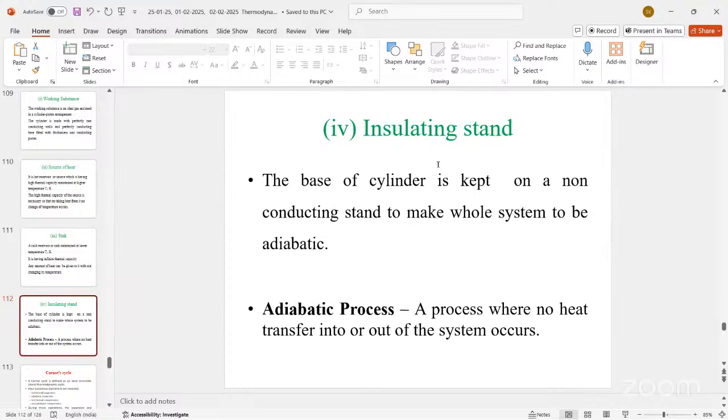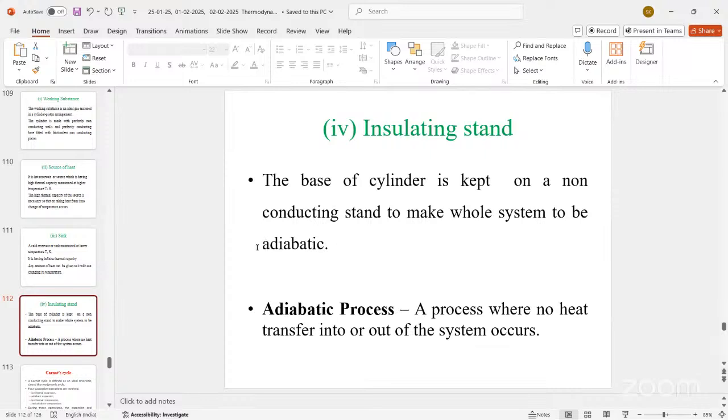Thank you. Here, what is insulating? Insulating means the process of creating a barrier to prevent transfers. This is called the insulating. We are using that insulating stand. The base of the cylinder is kept on this non-conducting stand to make the whole system adiabatic. So here